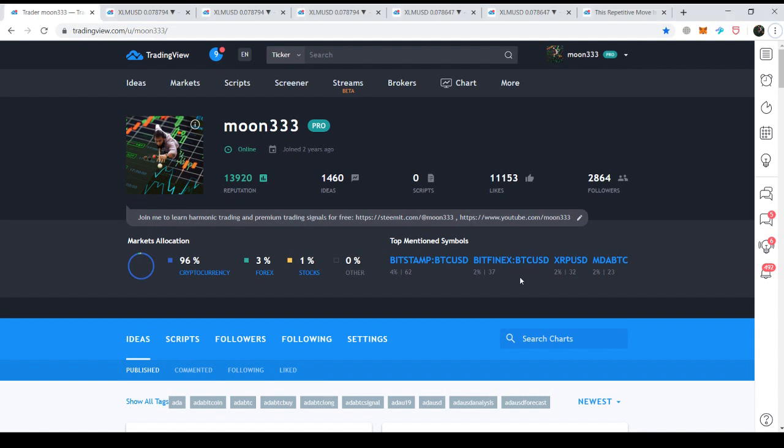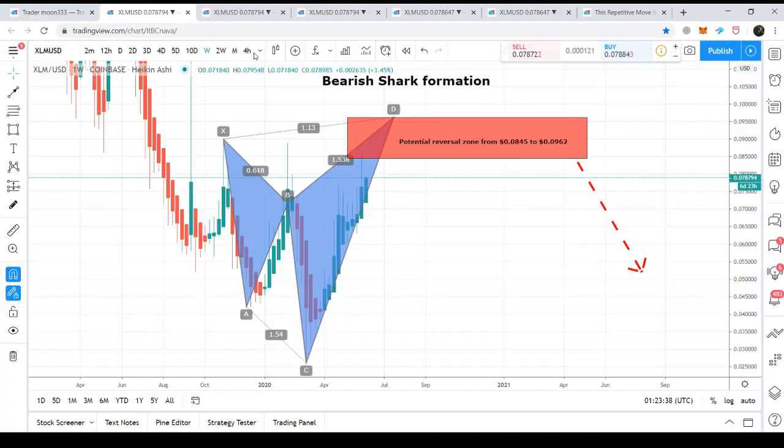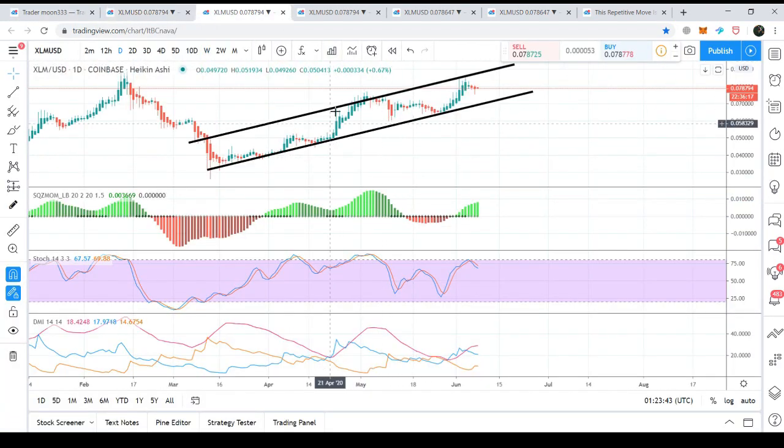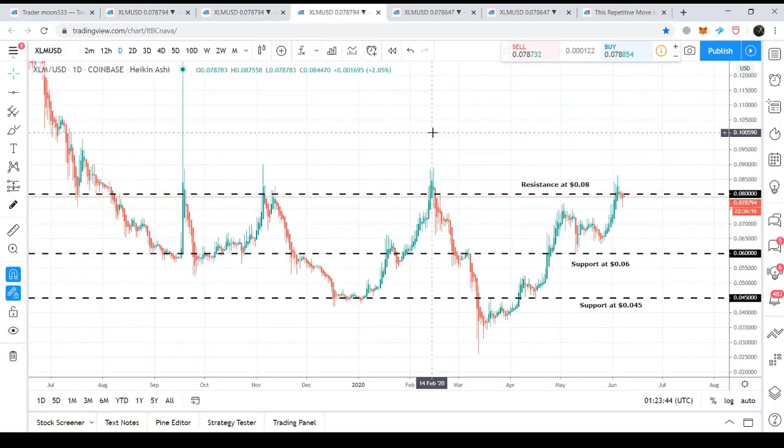Today I want to show you that Stellar is giving a little bit of a bearish signal on the daily and short-term chart, but it is still bullish on the long term. First, I want to show you this bearish shark formation by Stellar. After that, I want to show you this up channel movement and the different support and resistance levels for the